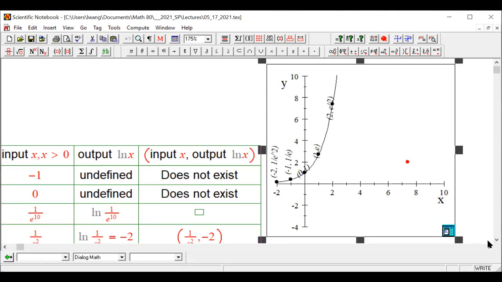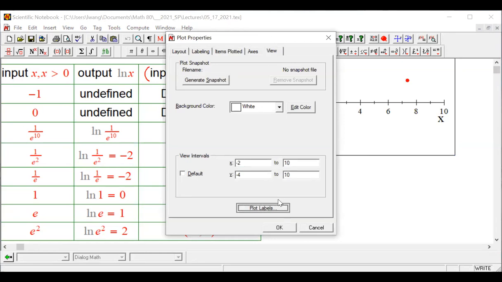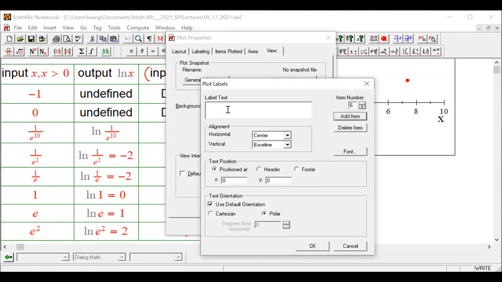And this point is e squared as the input, comma 2. E squared, comma 2. Okay, e squared, I'm going to make it something like that. Okay, and so maybe 90 degrees. And the fonts,